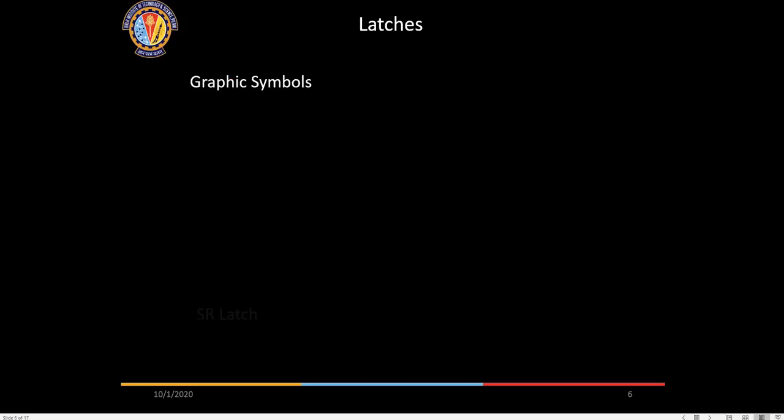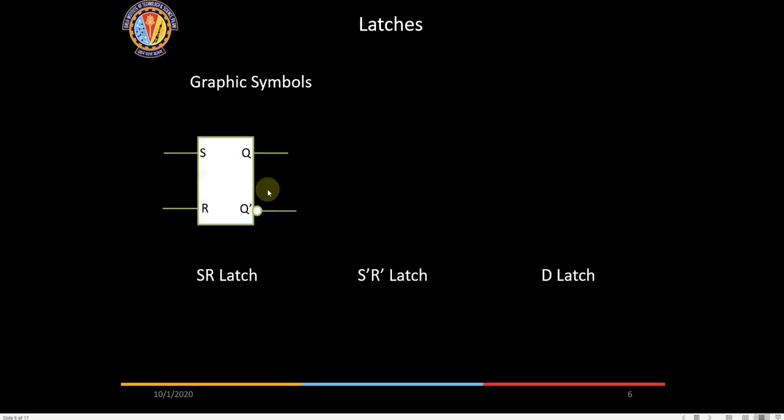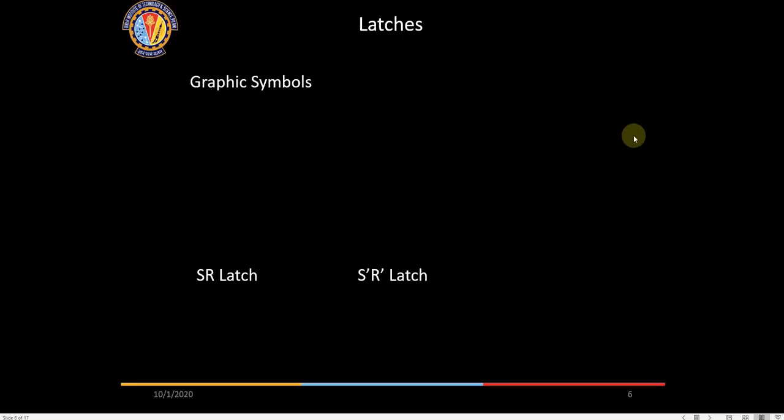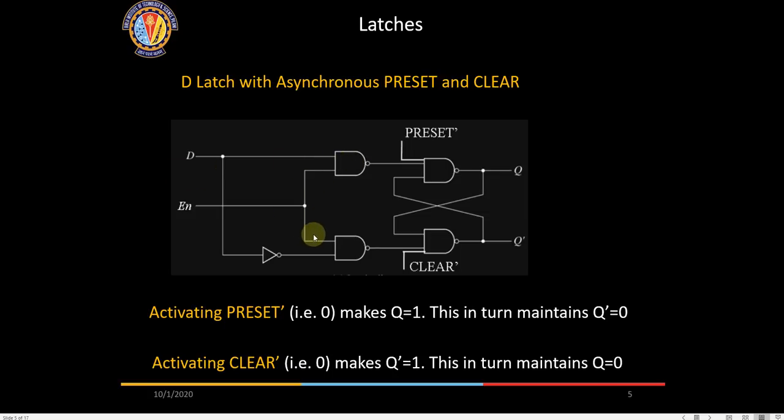So that is about preset and clear. Can you repeat why we are using preset and clear? When we make a counter which is going to count from 0 to 9, we cascade 4 such flip-flops and make a combinational circuit which, with each clock, varies the value of D, so that slowly with each clock these 4 flip-flops read between 0 and 9.